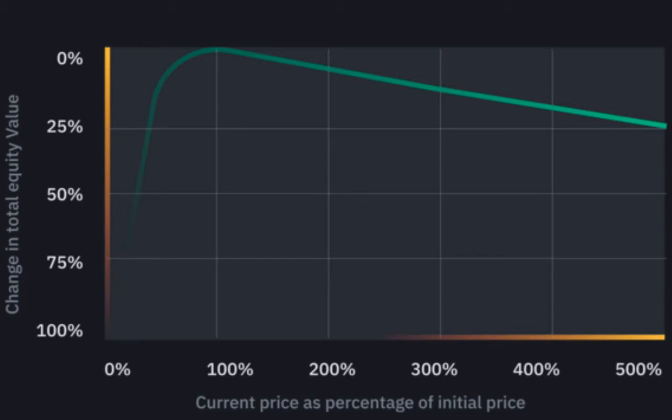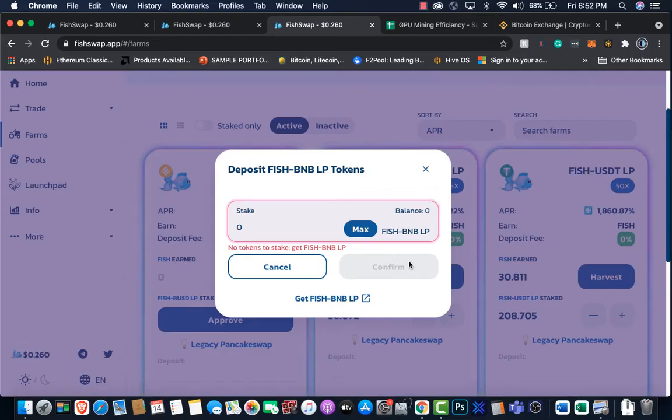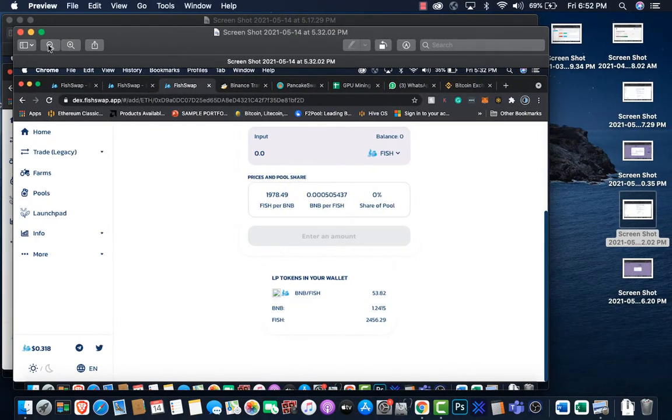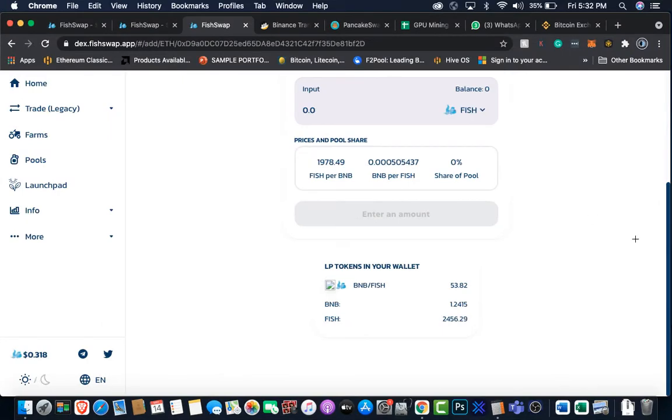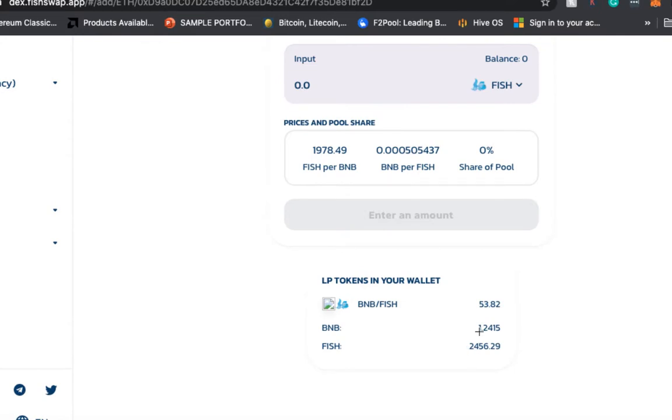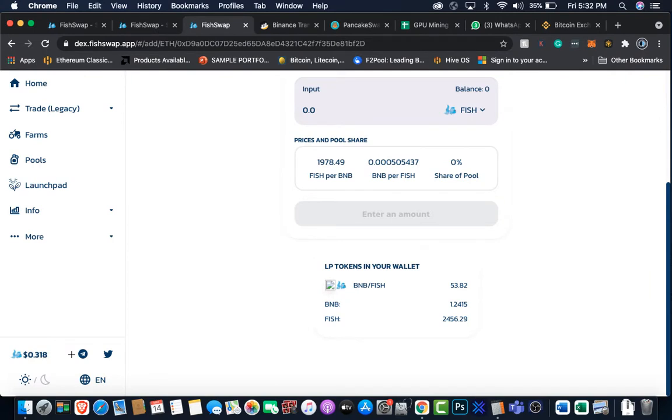And that simply means that when you're providing liquidity to a pool like this, you're usually doing so in the form of a coin pair. So in other words, you're providing two tokens. So here's a really quick screenshot of one example that I purchased earlier, about an hour and a half ago. I used 1.2 BNB, as well as 2,456 fish tokens. I purchased it at a price of 0.31. Okay, and I received 53.8